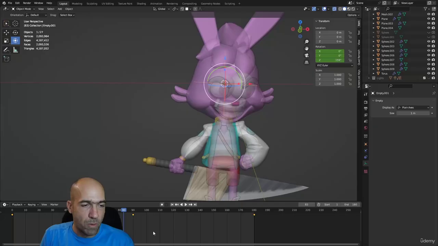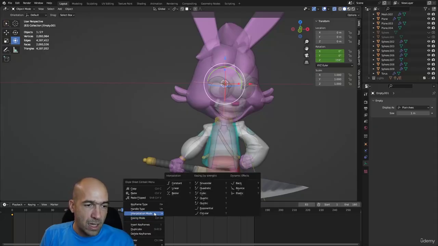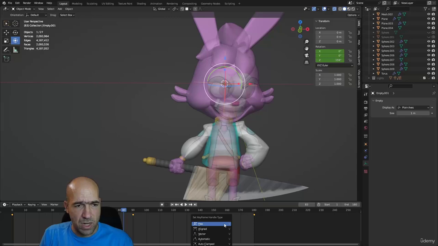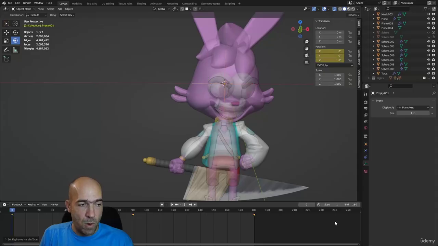How? I will show you. We will go right click, handle type, which is the key V. You can just press V, handle type, vector. You need vector. So press it, and now when we go to 0 and start our animation, it will be absolutely the same, and it will loop, it will never slow down, everything will be just amazing. Now we have our animation,